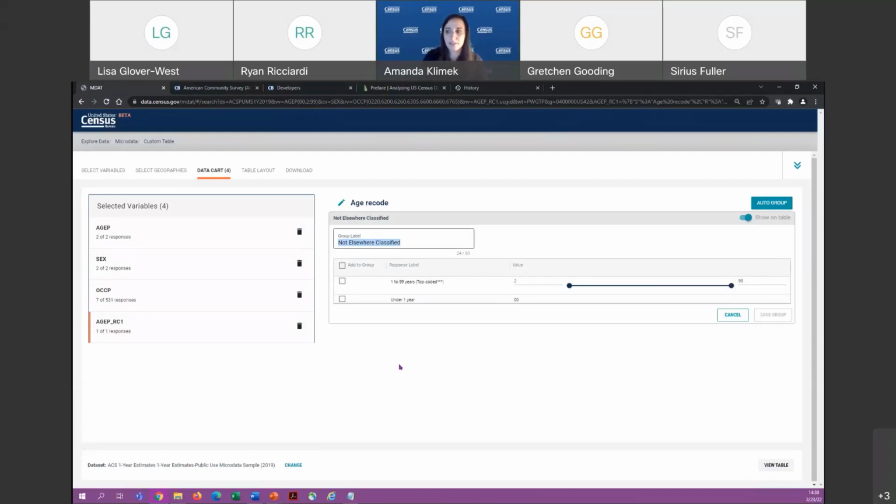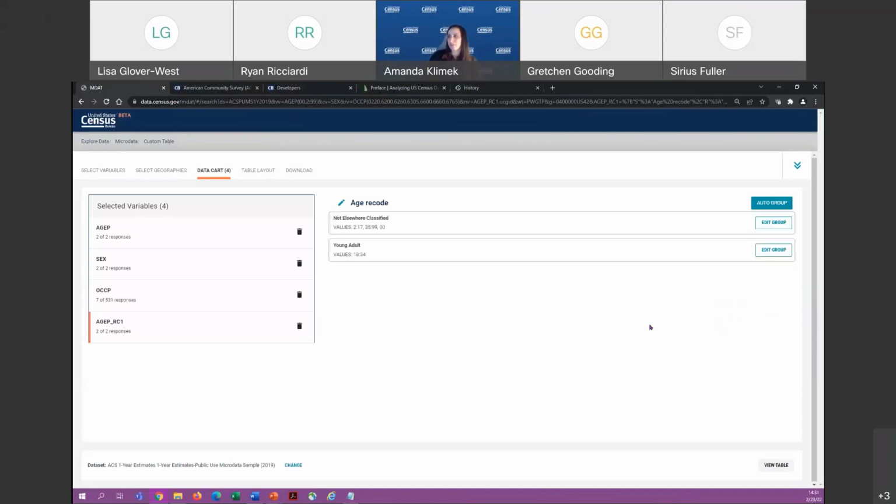We're just going to call it young adults, and we are going to do the same thing we did before, 18 to 34. That looks good. I'm going to add that to the group. We're going to make sure this little notch here says show on table, which is self-explanatory. That will make sure it's showing on the table when we click view table. We're going to save that group.